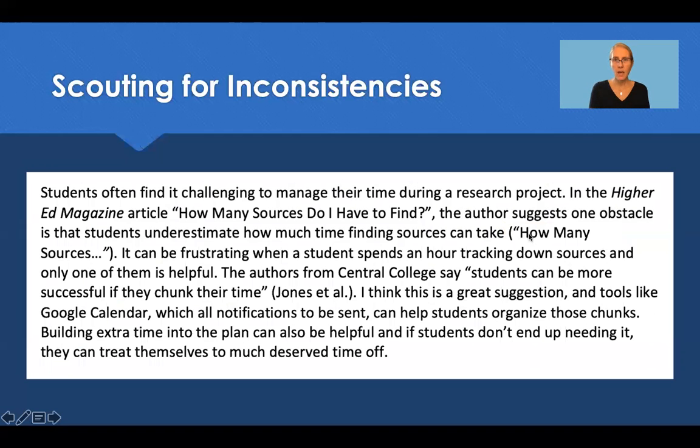So right here, I noticed that my "how" should be matching up with this title, not "higher ed." So it's not a title that is italicized. And then I might want to give a little bit more information than "how." When I checked the works cited page, there were two different sources that started with the word "how." So I need to go a couple more words. So here I went with "how many sources," and that made it really clear which one of the two I was focusing on here. I've also taken my quotation marks from this title so that they match up.